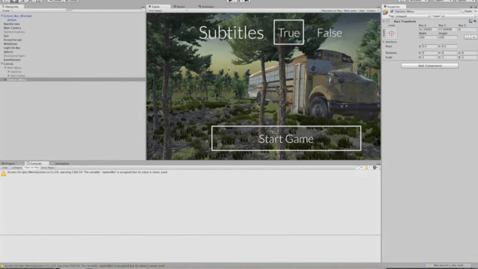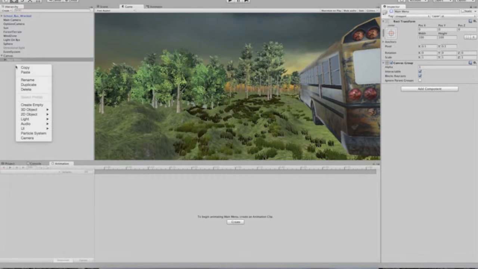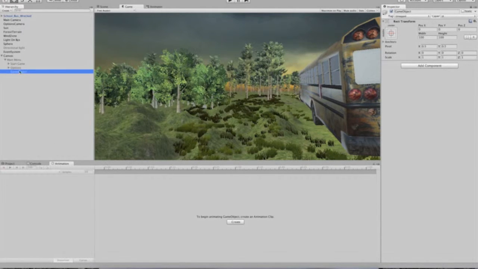Okay, so the first thing I'm going to do in this tutorial is create an options screen menu. Here's mine. The only options I can think to put in at this point is to turn subtitles on and off, but I will be putting more in as the game progresses. The first thing I'm going to do is change the options screen from being in front of the bus to behind the bus. So I've manually positioned the main camera to be behind the bus,